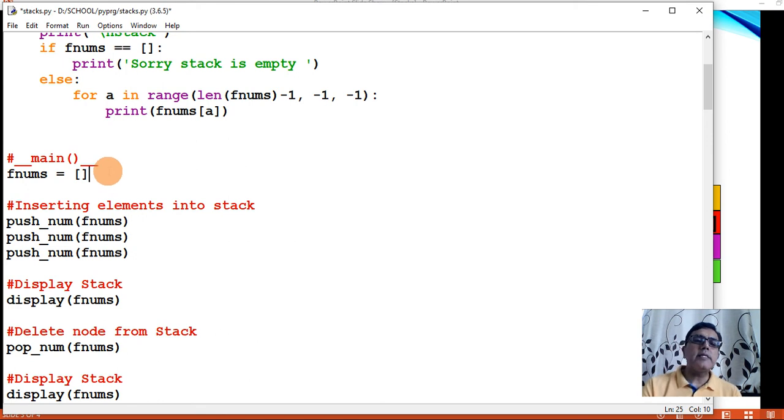What is the name of my stack in this program? I have given it the name fnums, that means floating numbers. So fnums is the name of the stack, and this stack is empty initially. That means there are no elements in the stack initially.